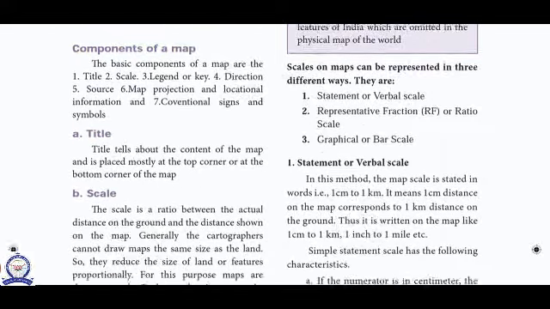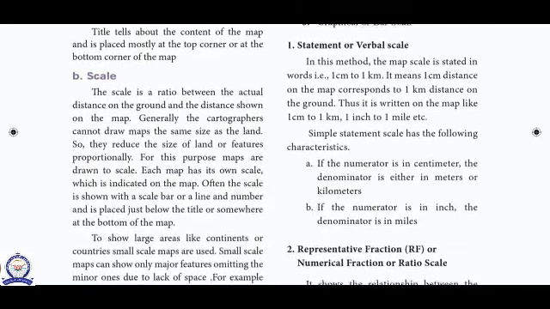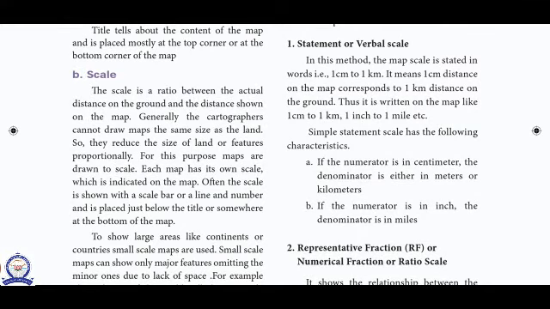Scale on maps can be represented in three different ways: statement or verbal scale, representative fraction, and the third one is graphical or bar scale. Statement scale. In this method, the map scale is stated in words: 1 centimeter to 1 kilometer.